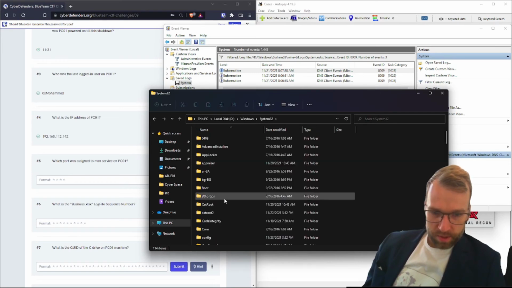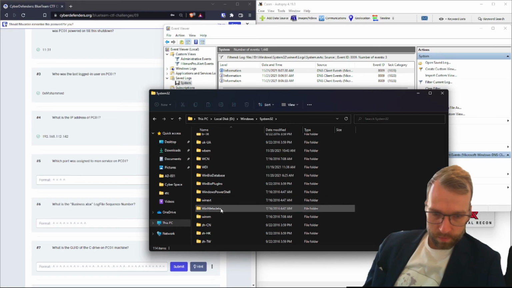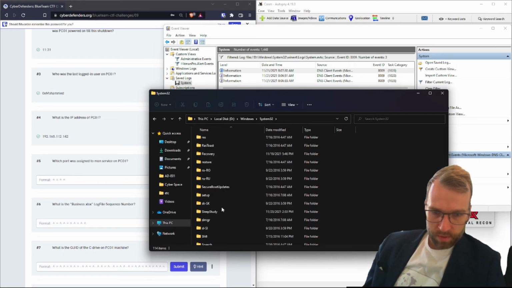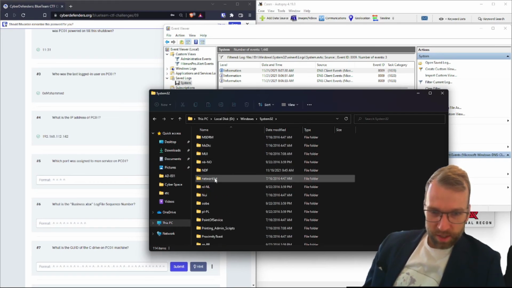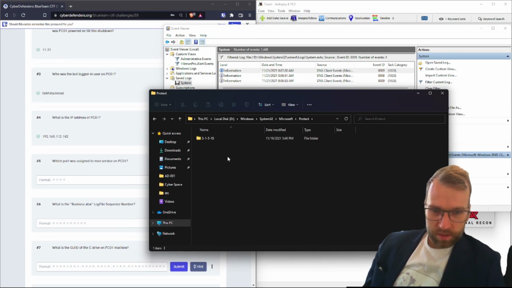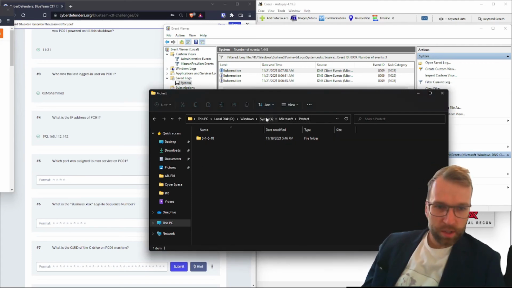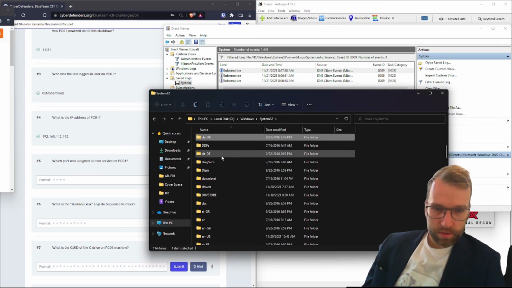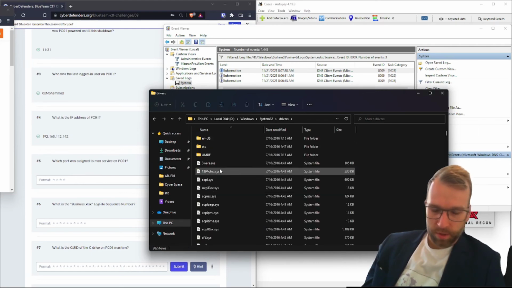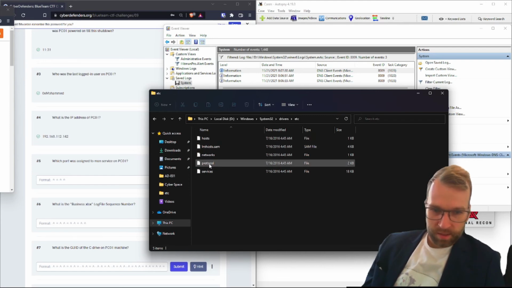I think System32, and then it would be Microsoft. No, this isn't looking good. I'm not confident. No, okay, let me look it up here. All right, so I was close. It looks like it's actually System32 drivers. This is where we can see the servers and the services and the ports assigned. So etc and